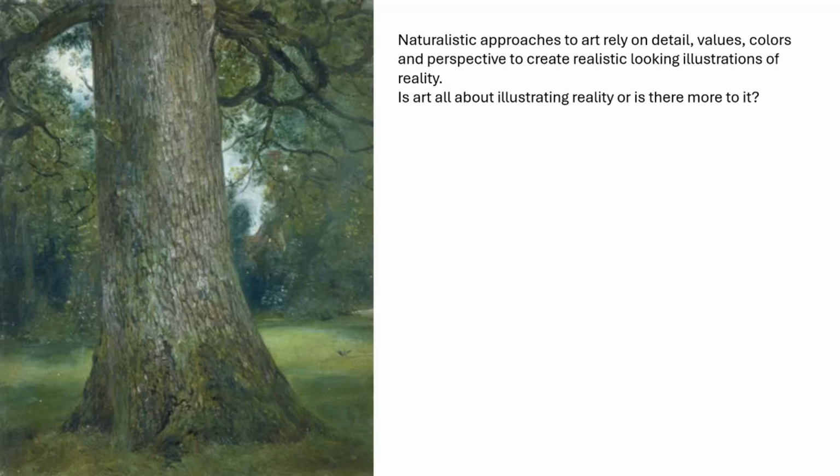Second example, this one is much more naturalistic. This is by, again, an English artist, Constable. So we're going back a couple of hundred years or so. And you can see that what I mean by naturalistic is the colors that he's using are much closer to the real world. He doesn't have any complementary color schemes going on or anything like that. It's much more browns, greens, blues, that type of thing. It's one way of approaching art, and it's a valid way, but it is not the only valid way.